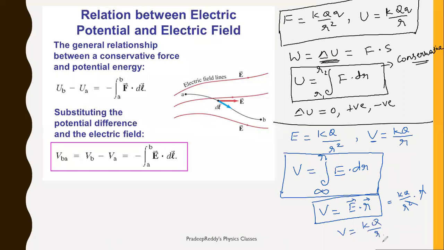So these are very, very important things which you have learned. This is the relation between electric potential and electric field. And remember, electric potential is a scalar quantity. Electric potential energy is also a scalar quantity. Now coming to this, force and potential energy are related. Force and work done are related. Field and potential are related with each other. So this is work done or potential energy, it is U equals F dot S or integration F dot dr. Here it is V equals E dot R. So this gives you E dot dr integration from infinity to a particular point, right? That is what we have seen in these equations.